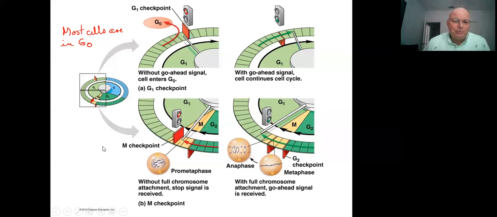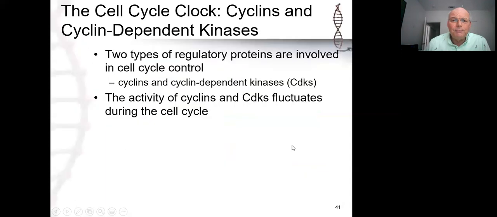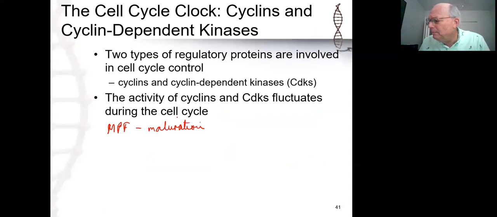So you can see that these checkpoints are really important, and the presence of growth factors at each of these checkpoints is what determines whether the cells pass through them or not. So what we're going to do is take a look at the key growth factor at the G2 checkpoint. A protein called MPF, or a growth factor called MPF, which is typically referred to as maturation promoting